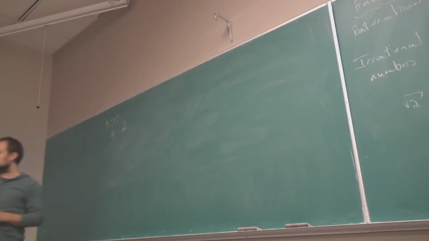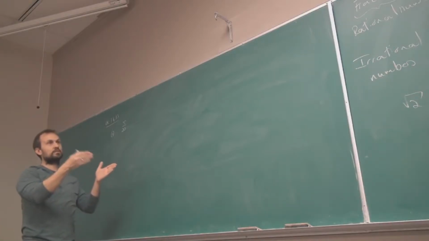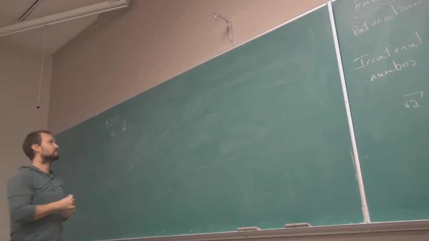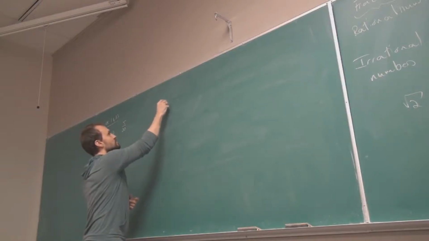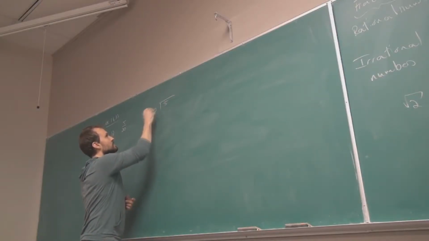First, given a fraction, how do I write the decimal version? Now, they're not going to be irrational numbers. It's either going to end at some point, my long division will have a 0 remainder, or I'll see a pattern enough that I can say what the decimal representation is. So this is 5 divided by 20.